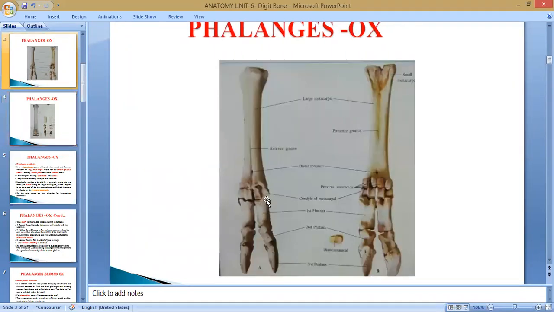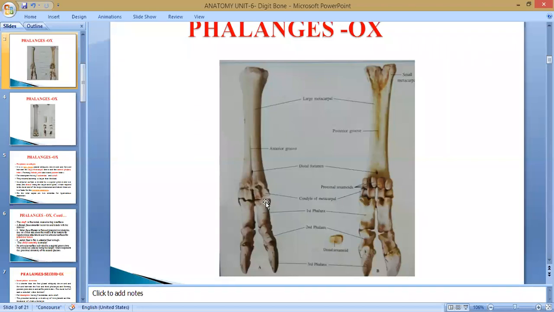The proximal extremity contains two articular facets proximally. This is the abaxial, lateral. This position is higher and bigger in size, and posteriorly there is an articular facet for the proximal sesamoid. We have only discussed two or three points here. This is the proximal part, and this is the distal part. The proximal is larger and bigger, and in width it is the biggest.